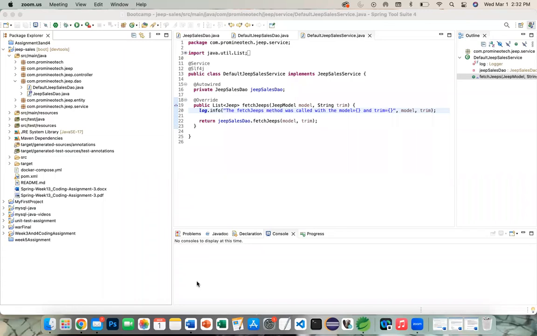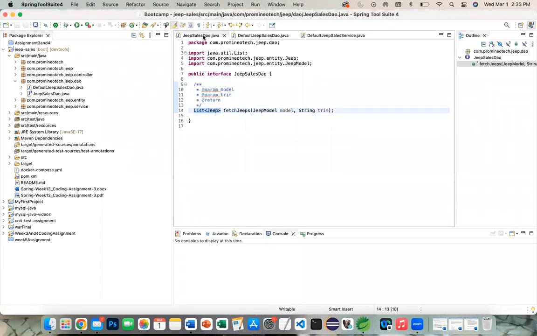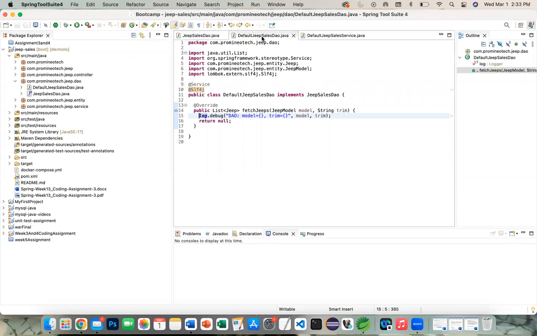This is week 15. It's a pretty short assignment for this week. The first thing that we had to do was add the package com.promeneotech.jeep.dao. In the new package, we created an interface named JeepSalesDao.java. In that same package, we also created a class named DefaultJeepSalesDao that implements the JeepSalesDao